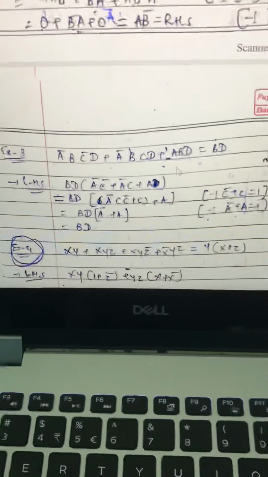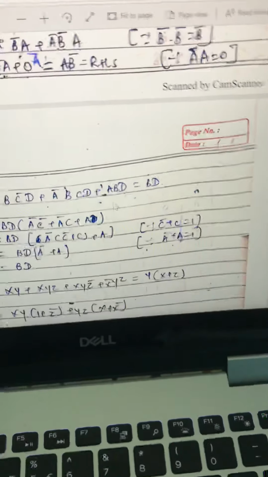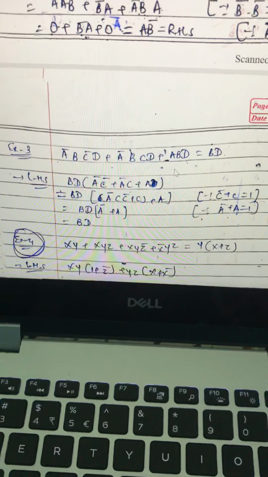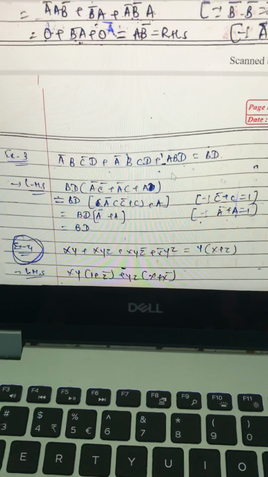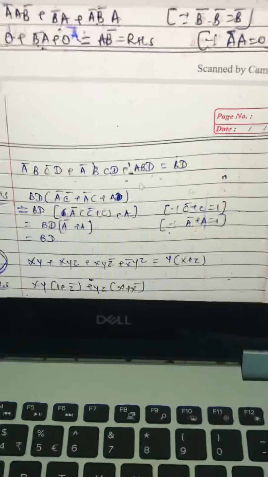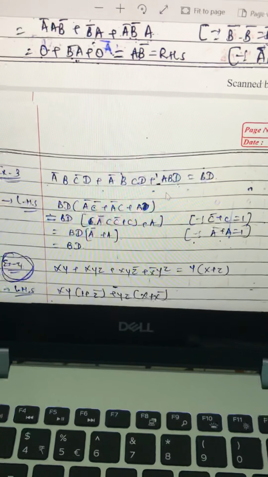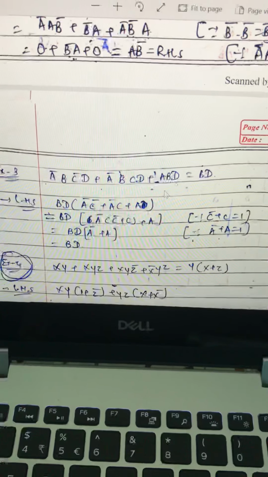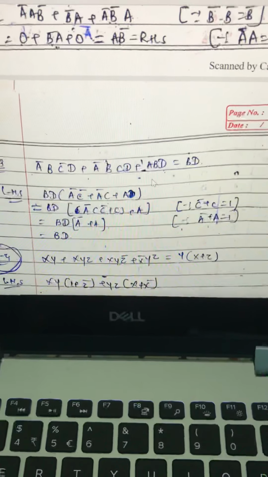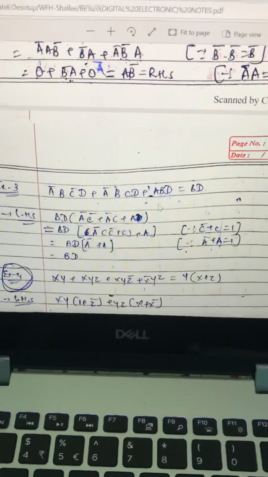So in today's lecture we are going to understand the solution of different Boolean algebraic sums. Let's start from the first one. Basically, you always need to prove the left hand side is equal to the right hand side if there is an equality given in the sum. If it is not so, then you must solve it by yourself and try to minimize or reduce the given term, right? So the first step is always to try to reduce it.